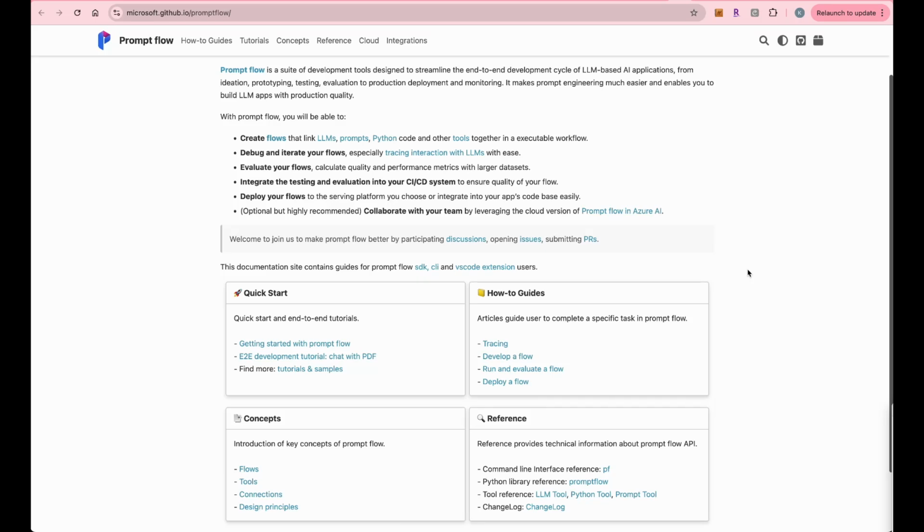Welcome to this video. In this video, we will see how we create the prompt flow using the SDK. So far, we have created all the prompt flows in the portal, but from here onwards, we will be using the SDK to create the prompt flow. To begin with, this is the particular page where you can find all the relevant information with respect to the